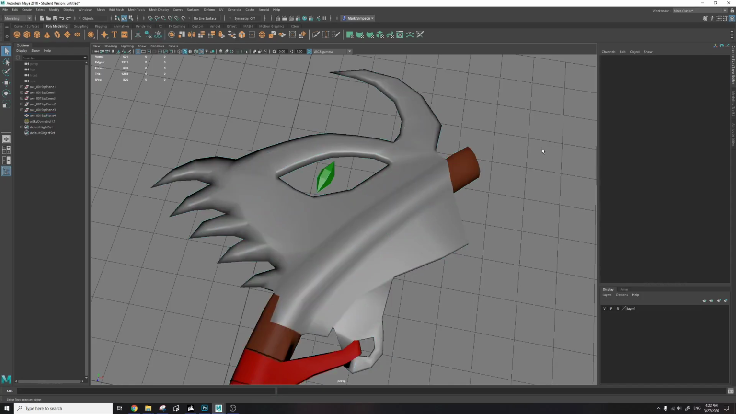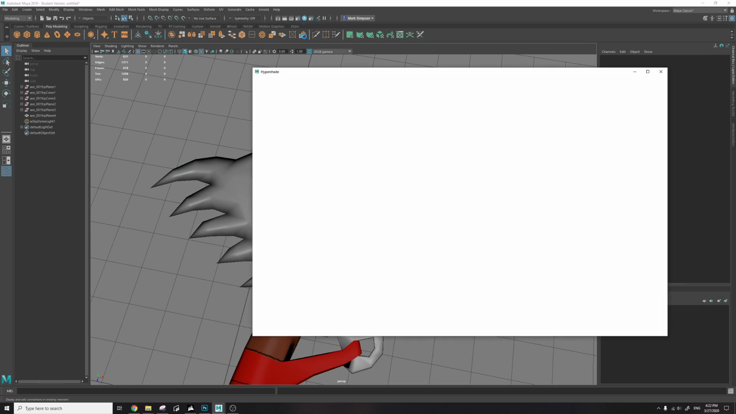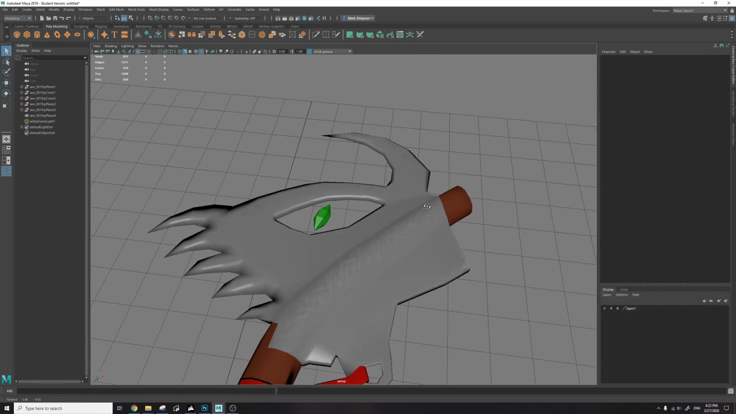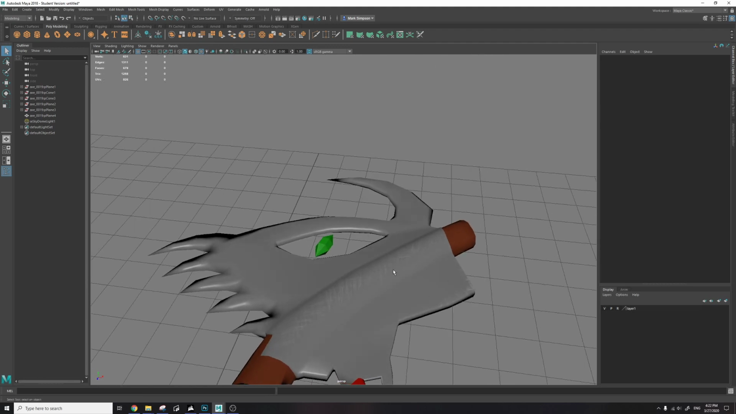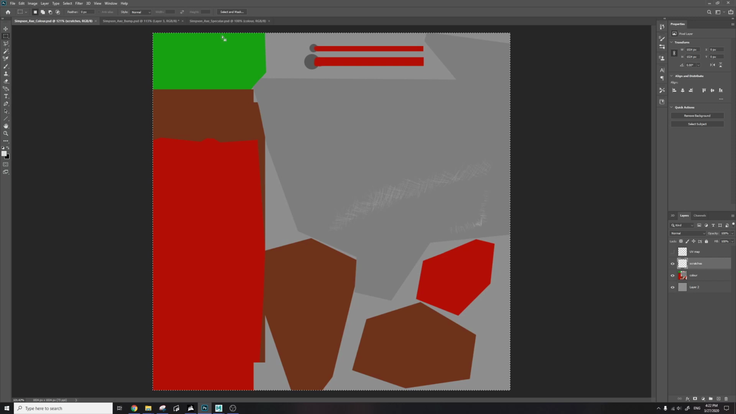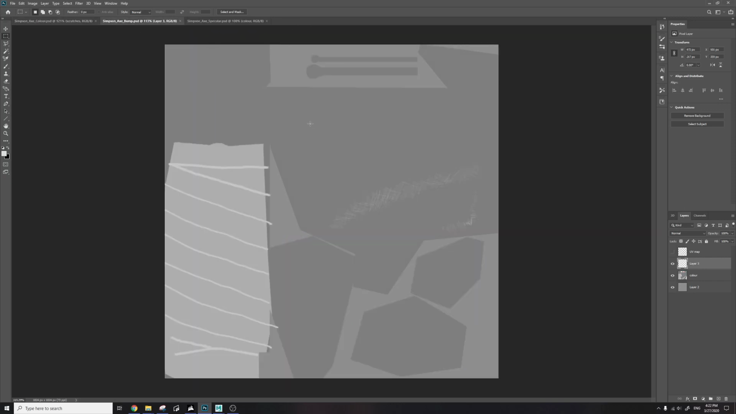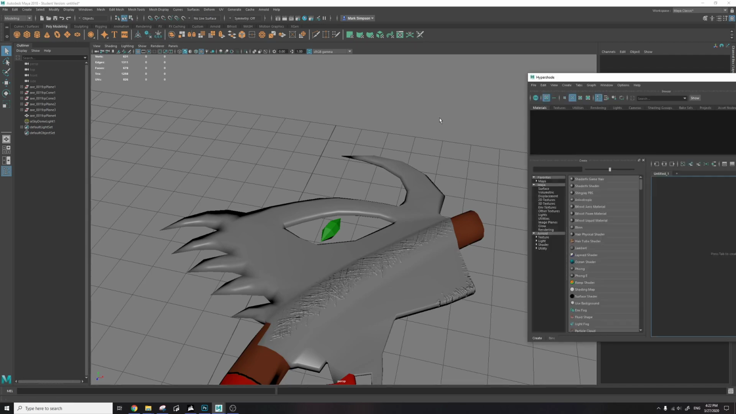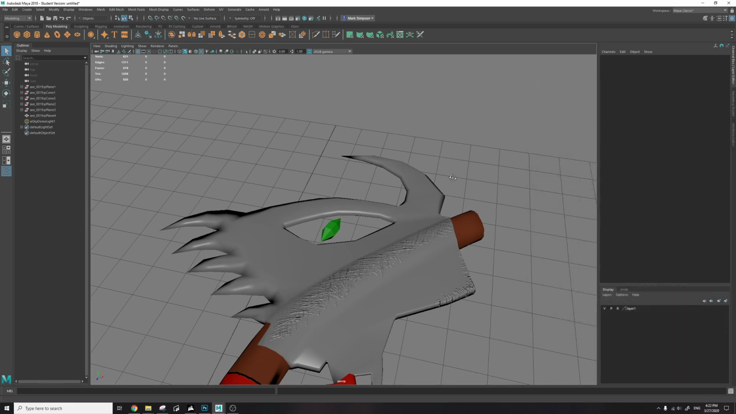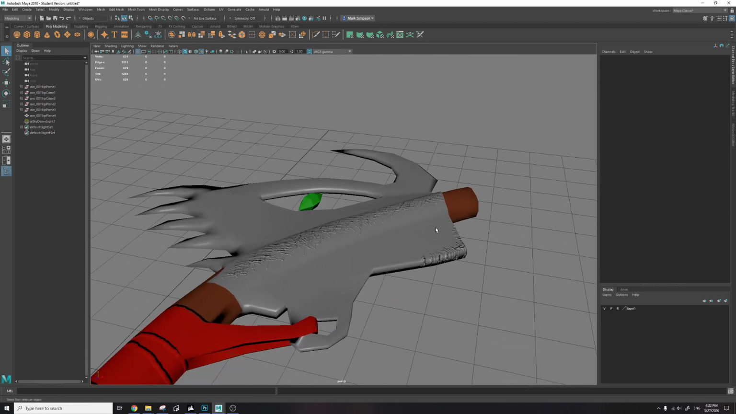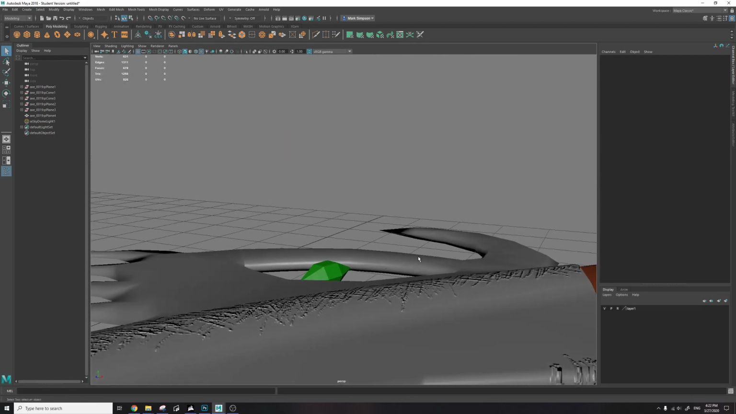So again, to update my map, I'm gonna open the hypershade. I can see the start of that taking place. And then I will save the bump map with that information as well, just to show you how that can get multiplied. So in this case, what I've actually done is,